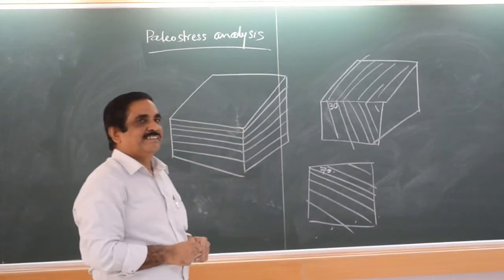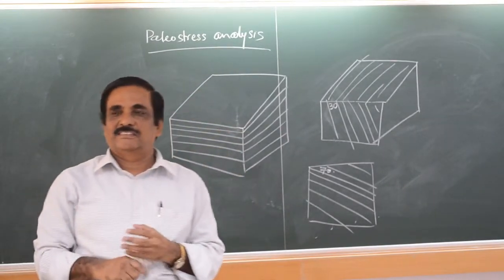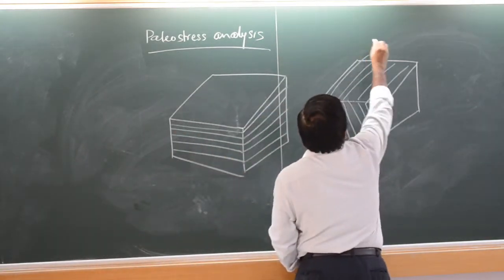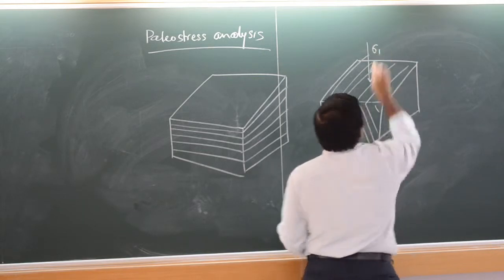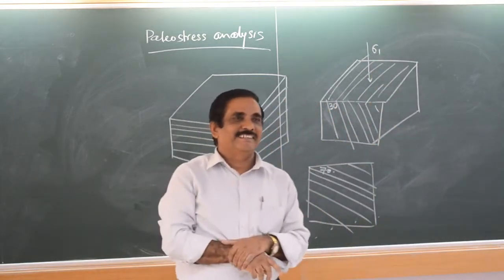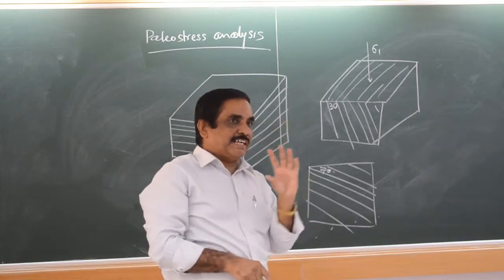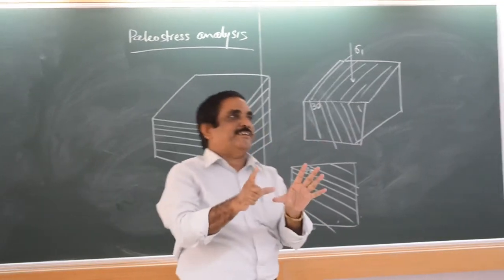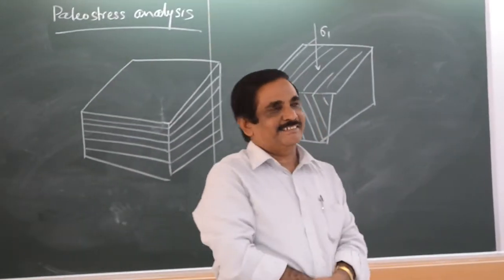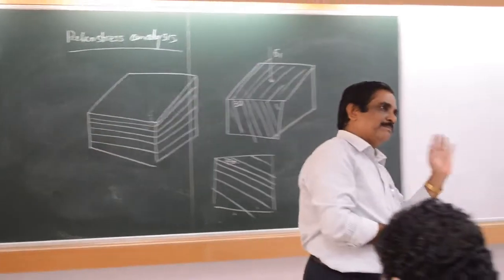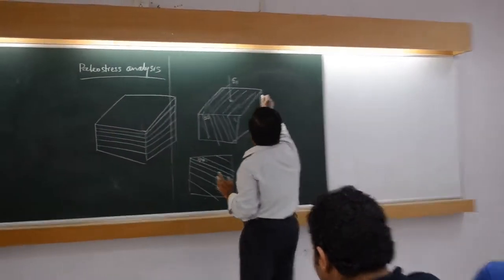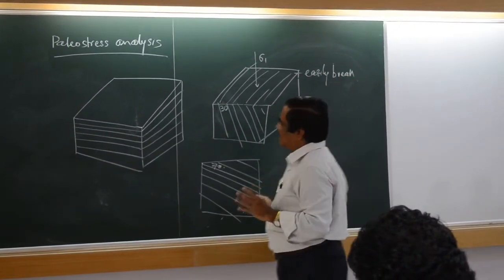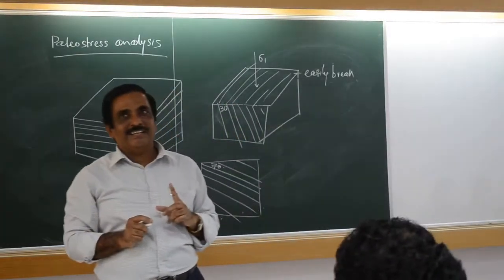Now, understood ना? ठीक है ना? Now let us start the case here. Here I am putting a sigma 1 line. Sigma 1. तो रॉक कैसे ब्रेक करेगा? रॉक का तो ओरिजिनल ओरिएंटेशन 30 डिग्री में ब्रेक करना चाहिए, तो 30 डिग्री का तो ऑलरेडी फ्रैक्चर है, जल्दी ब्रेक करेगा, with less stress you can break it, because rock is a fracture, there is already a fabric in 30 degree orientation, so it will easily break. Easily break करेगा, understood ना?